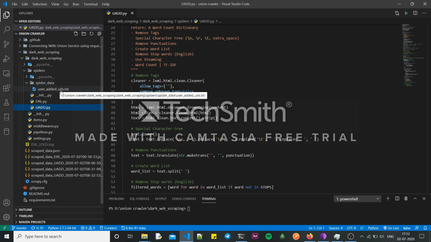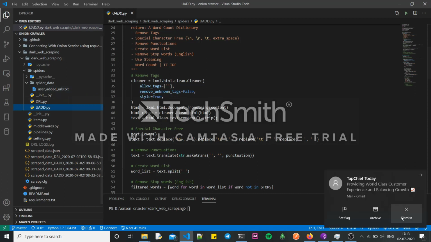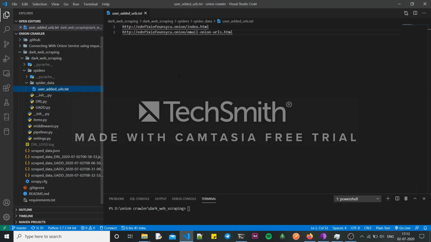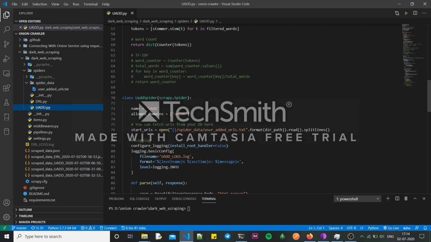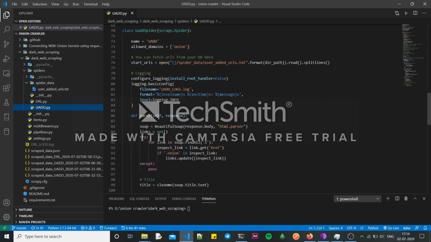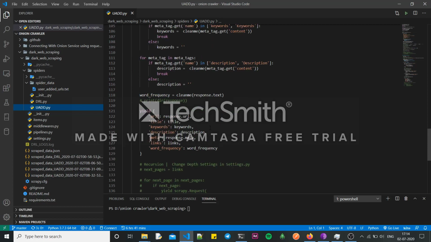So in case you come to my search engine and you find out that your site is not getting indexed in my DB, you can provide your URL and I will add that to user added URLs. Of course, I'm not using any DB here. I'm just using file handling because right now it's in the initial stage, and my purpose of making this is only the crawler. The search engine part I will do later on. So this UADD basically takes those URLs and then processes them. Other things are mostly the same, not completely the same.